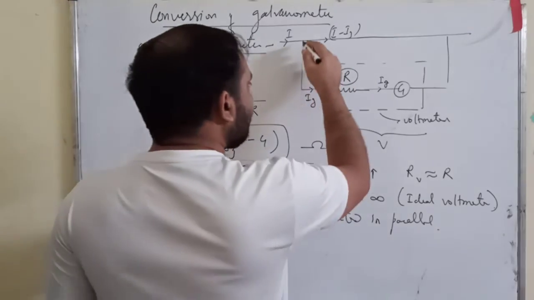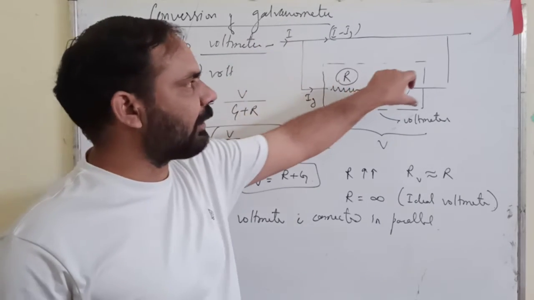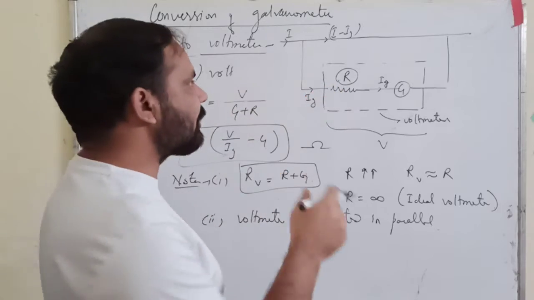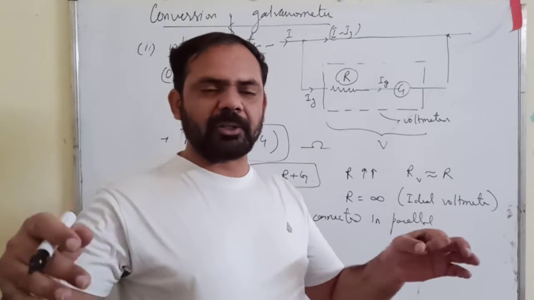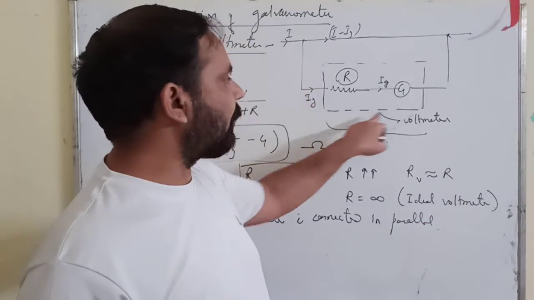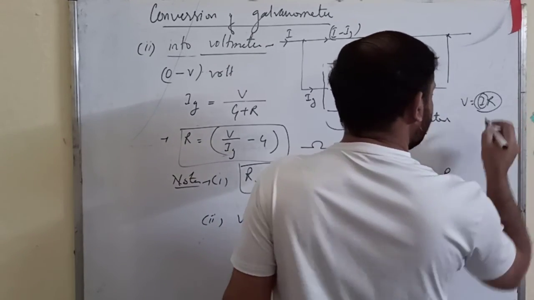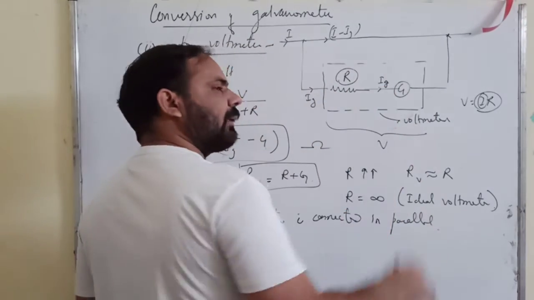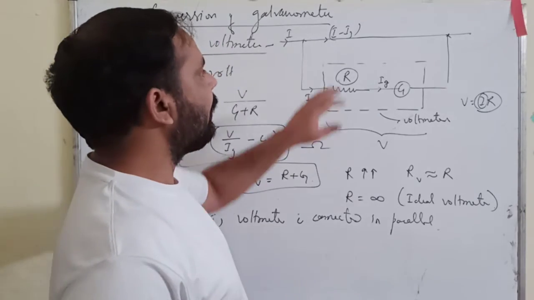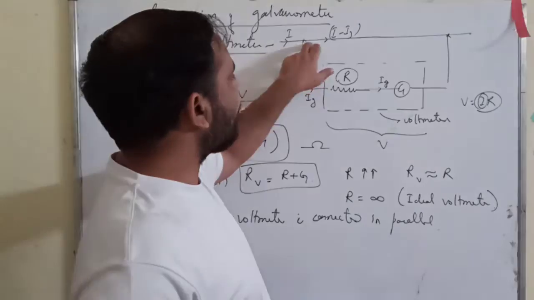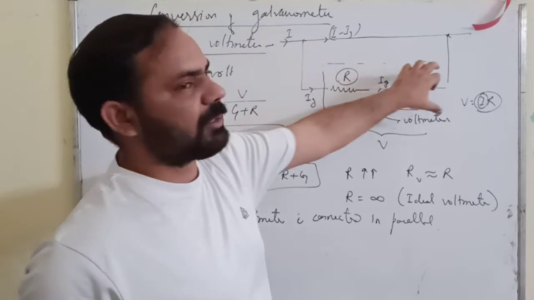Now, why are we keeping this resistance very high? So that minimum current passes through it. If a large current passes through this branch, then it will change the potential difference between the 2 points, because there will be a large potential drop. We know that potential drop equals IR. If this I is large, then the potential drop will be large. So to get accurate values of the potential difference between these 2 points, the resistance must be high, so that minimum current passes through this branch.